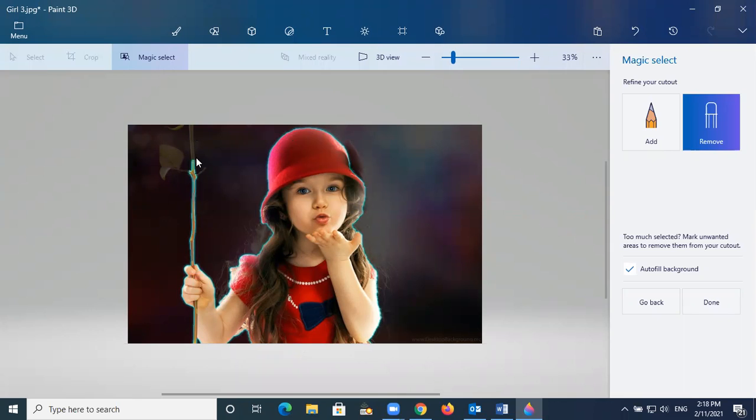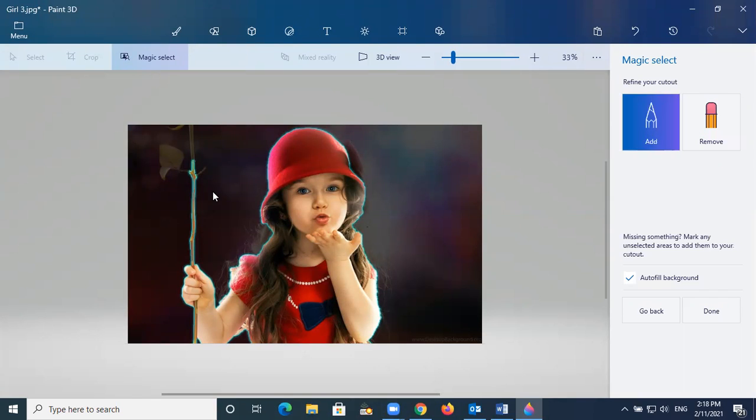So when you are cutting, if you want to add, you can use this one for adding. This part is for removing and this part is for adding. For adding, just draw this line where you want to add, then it is automatically added. And here also you can add it automatically. Okay, and after that, for example, this flower also, if you want to add, you can just add it like this and it's automatically added. But these are some extras.